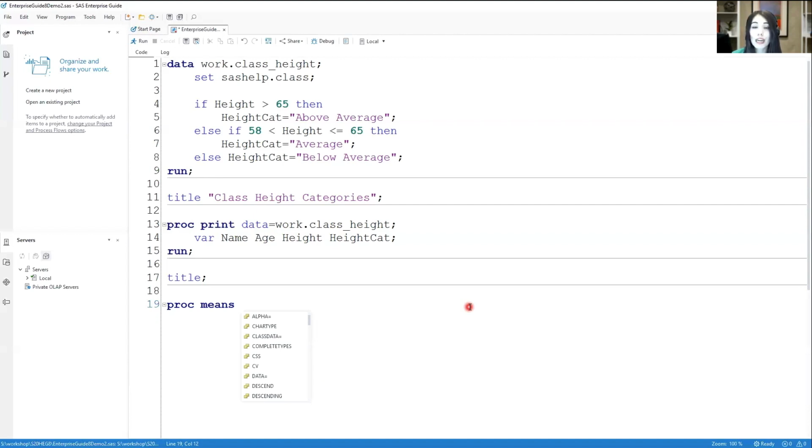Next, in autocomplete, I see a list of valid options for a proc means statement. Now, if you want to learn more about one of these options, like data equals, for example, you can simply hover over that option. You get quick information. It says this identifies the input SAS dataset. I'd like to include this, so I'm going to go ahead and double click on data equals and include that